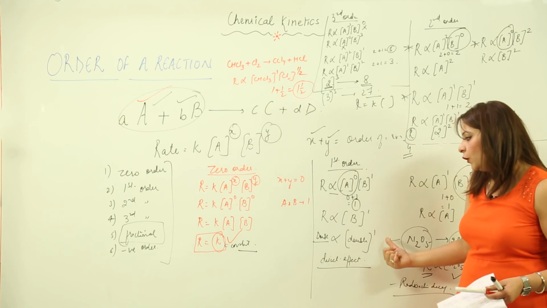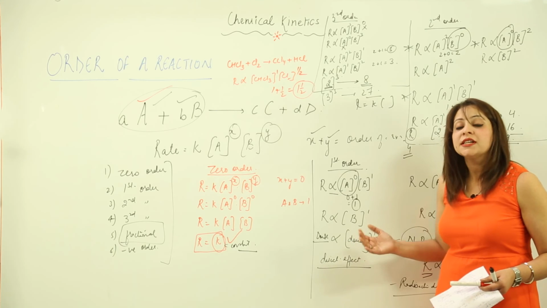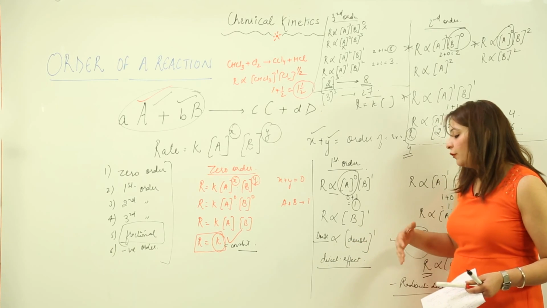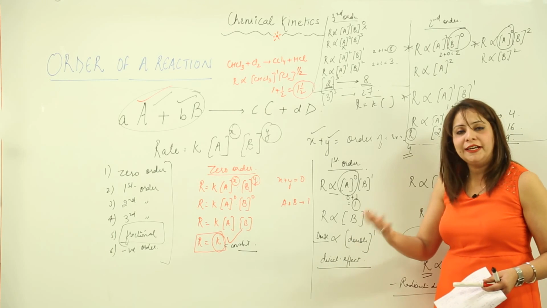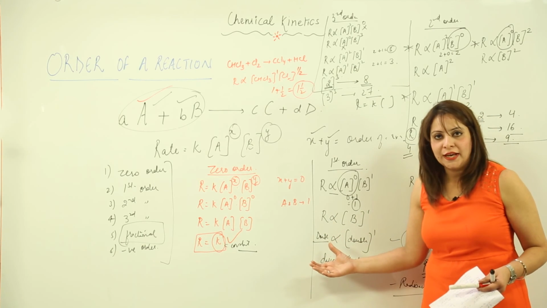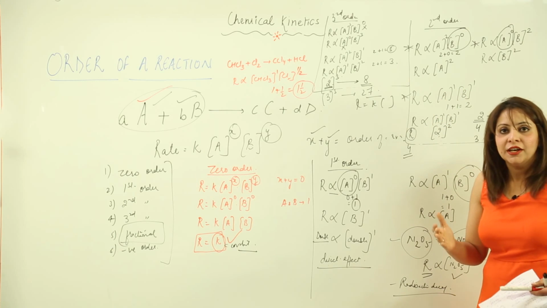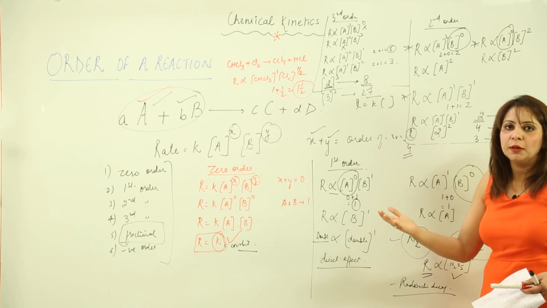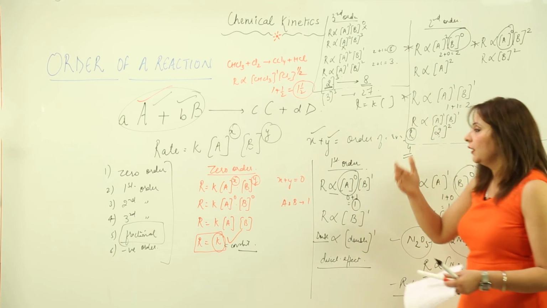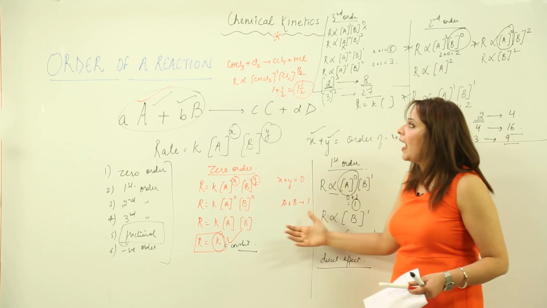In the case of first order, what we saw is that the rate is directly proportional to the concentration of the reactant. That means if we double or halve the concentration of the reactant, it has a direct effect on the rate of the reaction as well, right? And if we talk about the second order, that means it just doubles. If the concentration doubles, the rate also doubles. If it becomes tripled, the rate also triples. In the second order it doubles, right? And in the third order it triples. And we do have the fractional order.